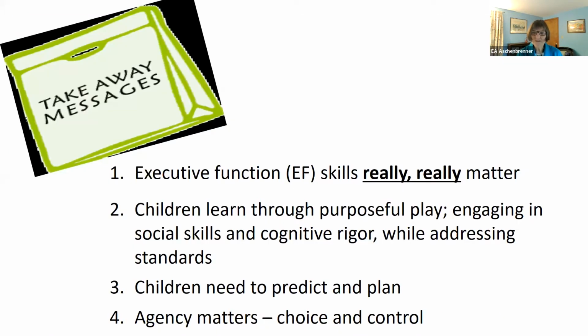So I want to start with talking about some of the takeaway messages, right? We think about these as learning objectives. Takeaway messages for me as executive function skills really matter. They have mattered for a really long time, but I think because of the pandemic and the experiences that children have had with increased anxiety, decreased interest and willingness to take risks, we really have this opportunity to really think